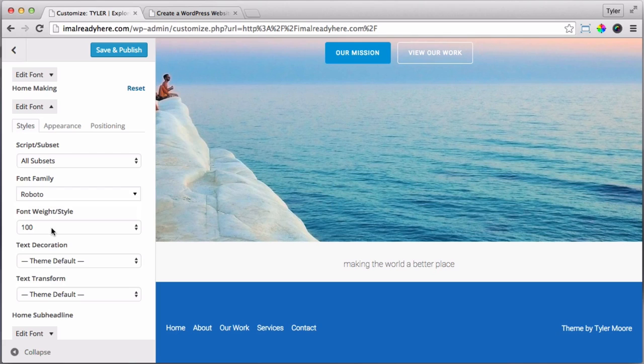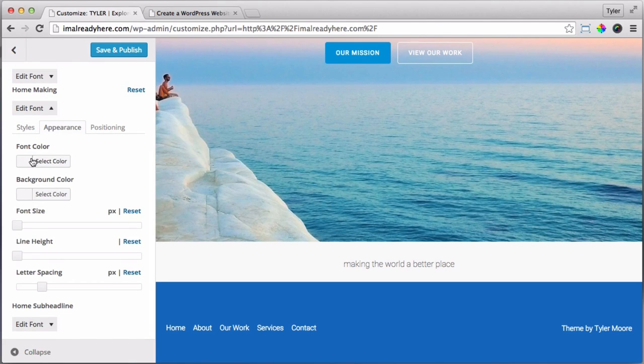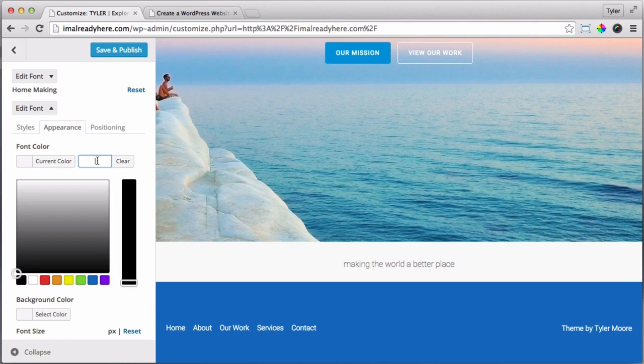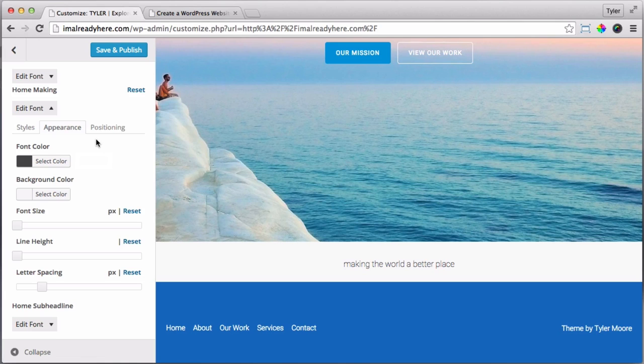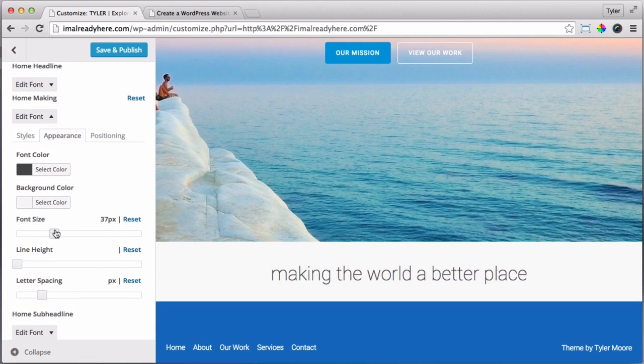Font weight is 100. That's great. The font color, we have it copied, so let's just paste it in here. That nice gray. And then the font size is 37 pixels. All right, now that's looking much better. So let's click Save and Publish